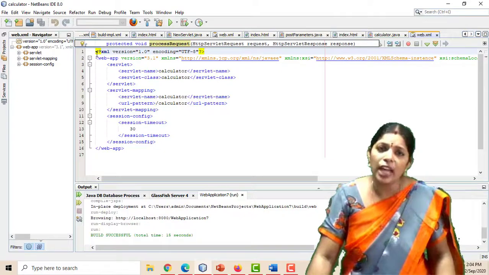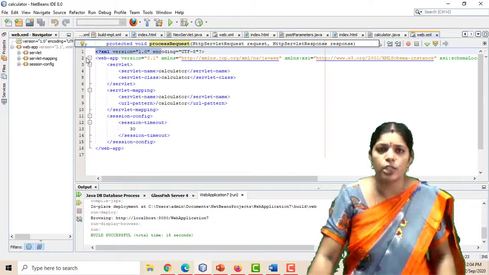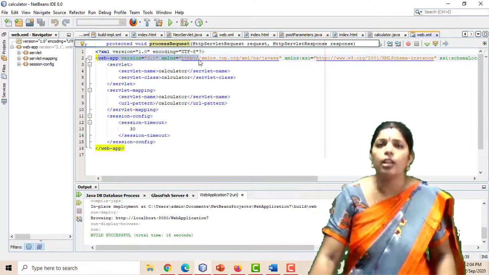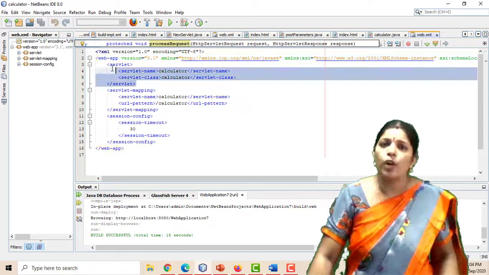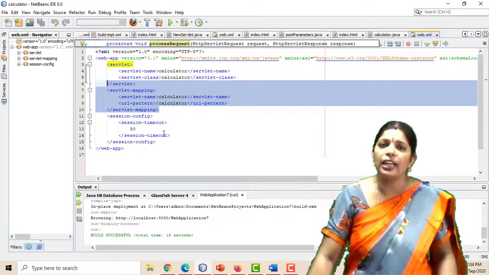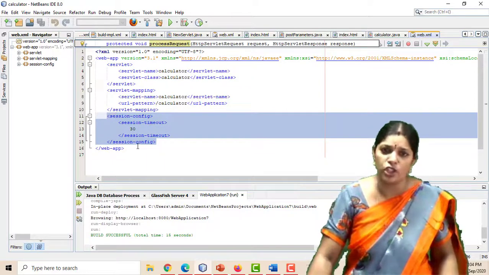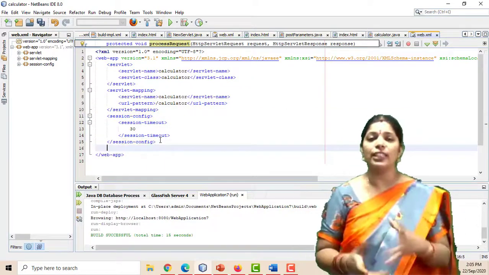Here we have the XML version, and next the web-app. After that we give the servlet name and servlet class in one servlet tag, one for the servlet-mapping tag, and another one is the session-config tag. Here we have to insert the welcome files.